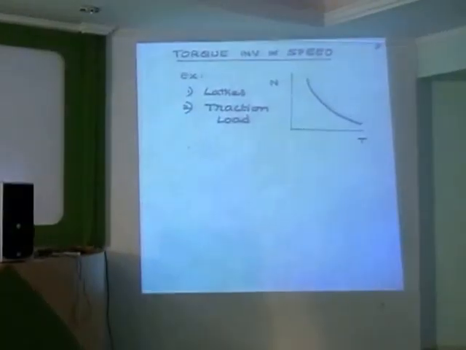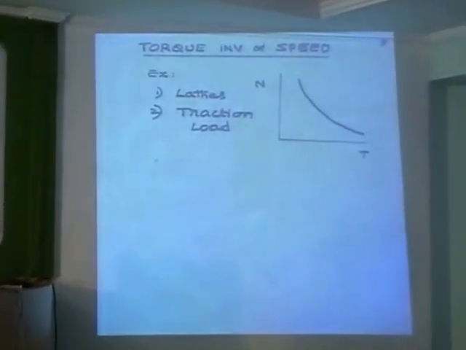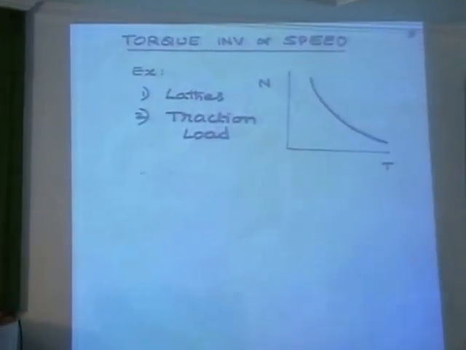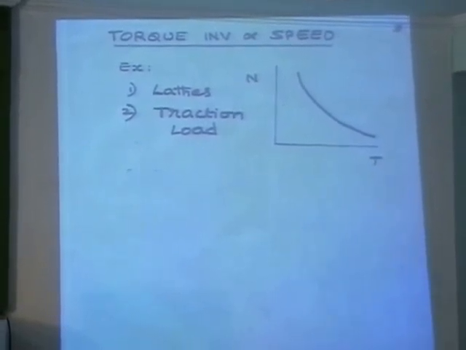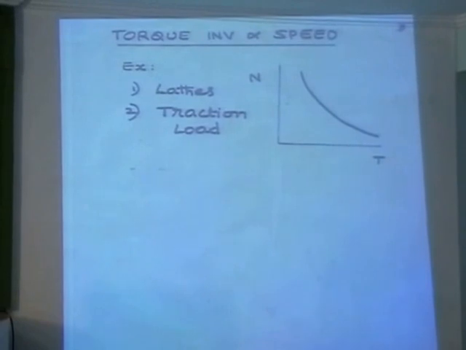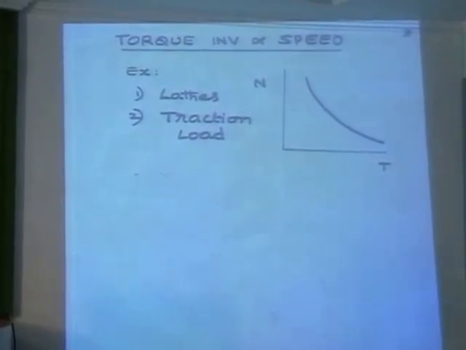So speed reversal, another important aspect of the drive, speed reversal. Example, the lift has reached the top floor, then you have to reverse, then it will come in the downward direction. Or an electric train has reached the dead end, then you apply reversal, then it starts moving in the opposite direction.